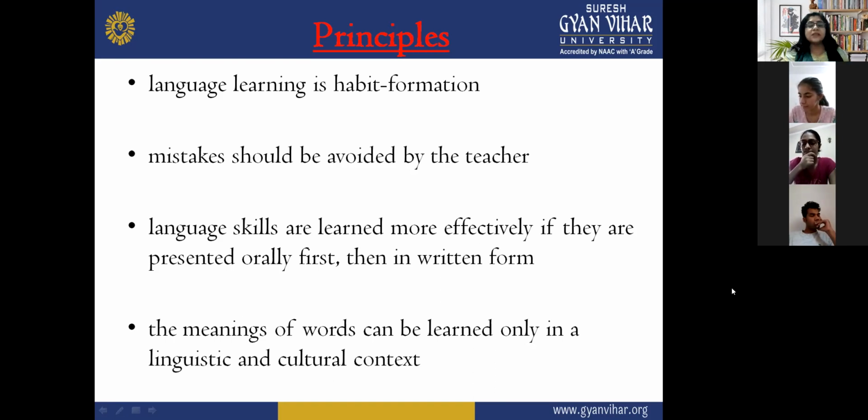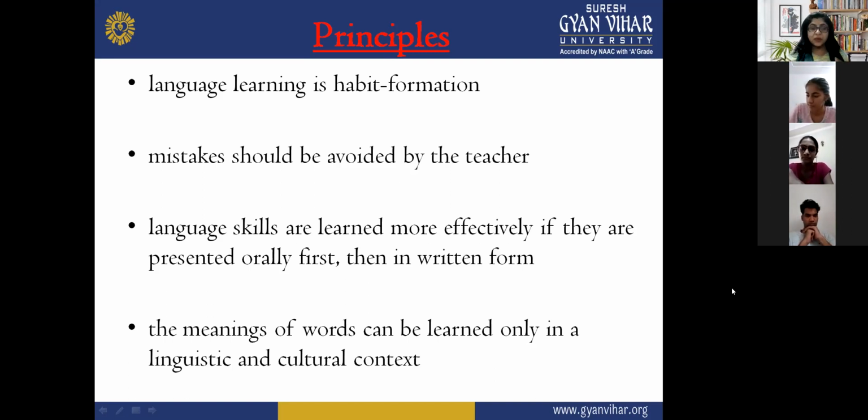Okay, then language skills are learned more effectively if they are presented orally first, then in written form. Remember your nursery classes, when you saw the big apple and A for apple. The teacher taught you and showed the book, A for apple, orally first. This is the apple and this is A for apple, and then writing three lines differently and making a form which is called A apple. So language skills are learned more effectively when you present them orally first and then in